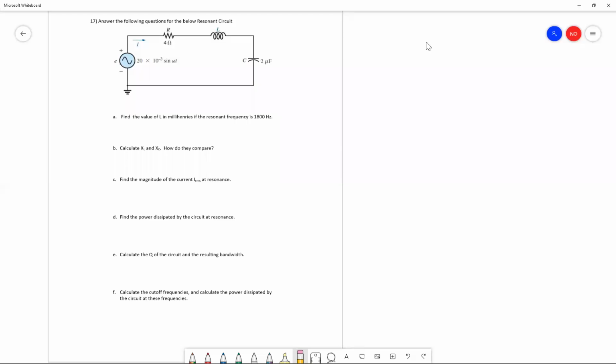And now we're going to be doing problem 17 on the EE301 12-week review packet. This problem concerns a resonant circuit. So we'll get started with part A, which is to find the value of the inductor in millihenries if the resonant frequency is 1800 hertz. So if we look at our equation sheet, we'll notice that the equation for resonance frequency